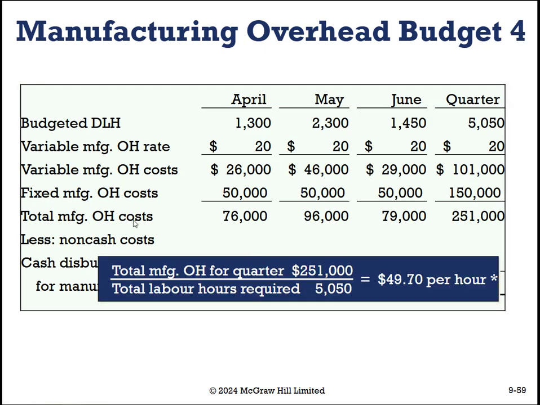From there, we're going to look at our fixed manufacturing overhead costs, which are going to be $50,000 per month. And so it looks like we're going to have a total manufacturing overhead for the quarter of $49.70 per labor hour, except